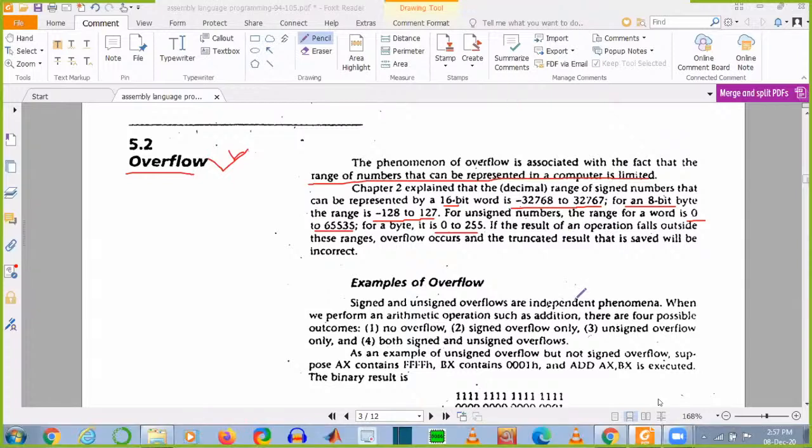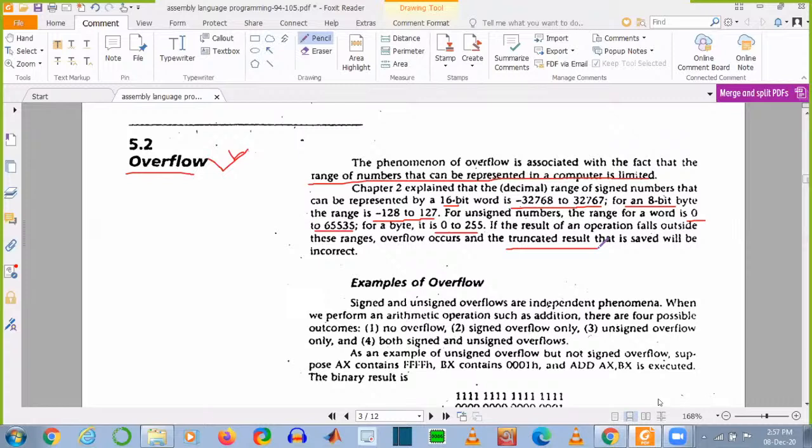Okay, so you can see if the result of an operation falls outside the range, then you will get the overflow. And the truncated means সংকুচিত, আমরা যখন ওভারফ্লো হয় তখন রেজাল্ট তো আউটসাইড অফ রেঞ্জ চলে যায়। সো